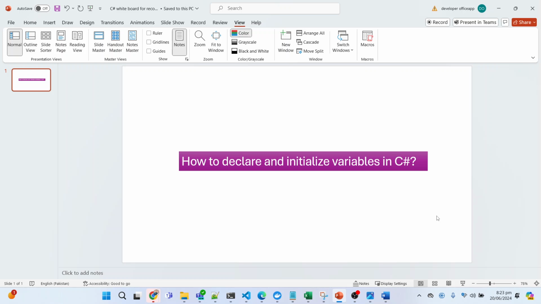In this session, we will see how to declare and initialize variables in the C# programming language. Throughout the series, I will try to write the code in a console application, so you have to install Visual Studio 2019 or 2022. I would suggest you can also use an older edition. Now let me go to Visual Studio,